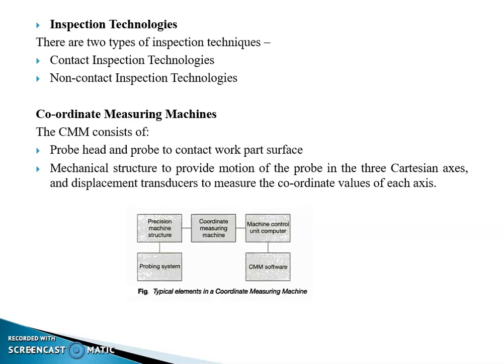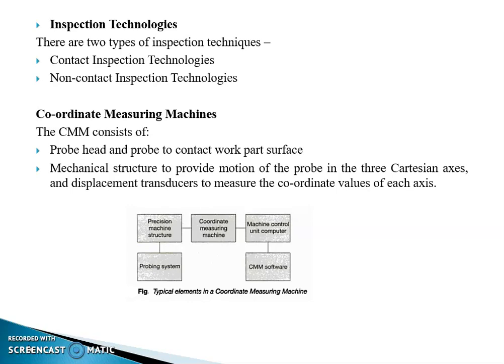This optical inspection technology uses light to accomplish the measurement or gauging cycle. The most important technique is machine vision. And second one, non-optical inspection technologies. This uses other different forms of energy than light to perform the inspection. Various energies utilized include electrical fields, radiation, and ultrasonics.